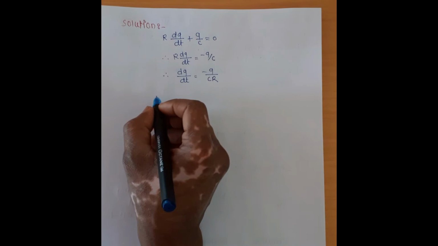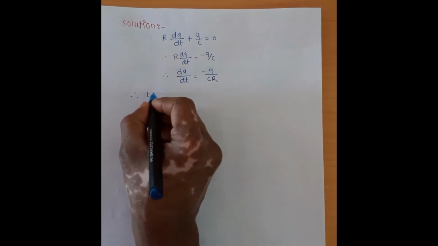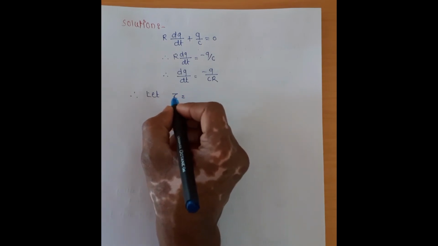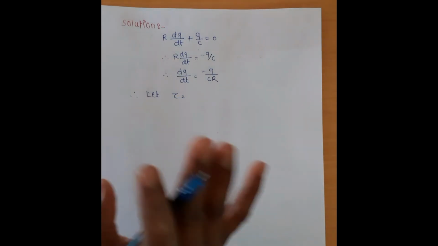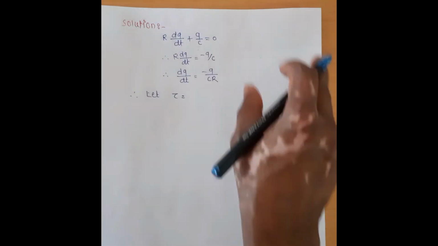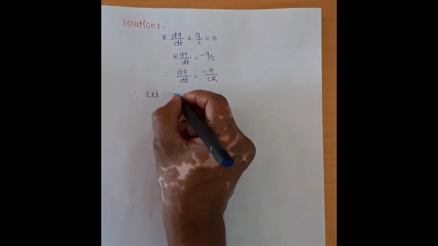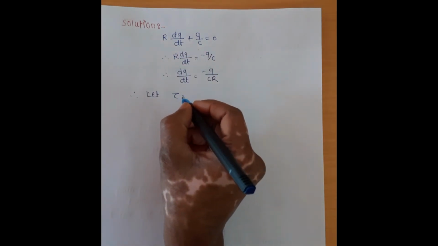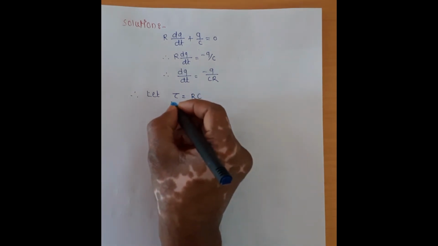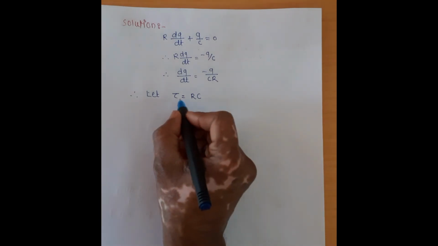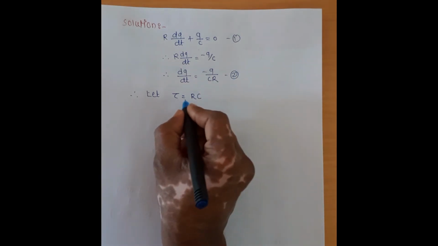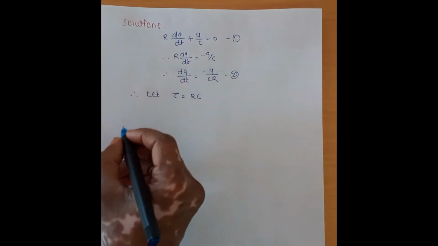Then let us consider tau. Tau is the time related to how much charge, or how much electric current, flows through the given circuit. So here we represent tau as the relaxation time. It is resistance into capacitance. So now see, tau is equal to RC. Now this is the actual equation first, this is second. So instead of this CR, we put tau. So equation 2 becomes,